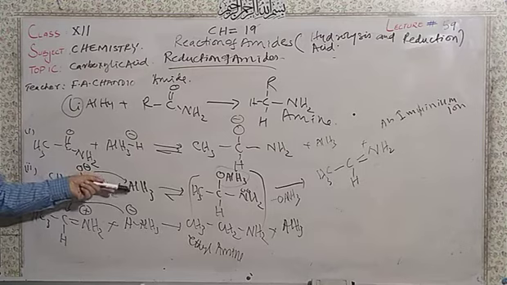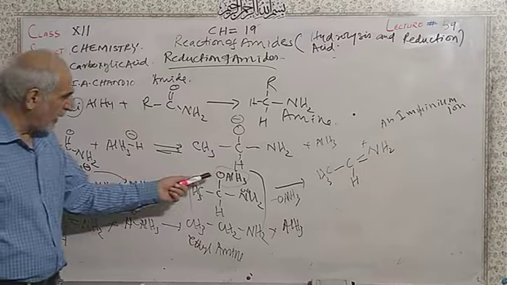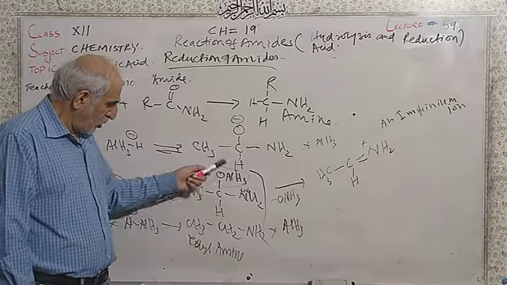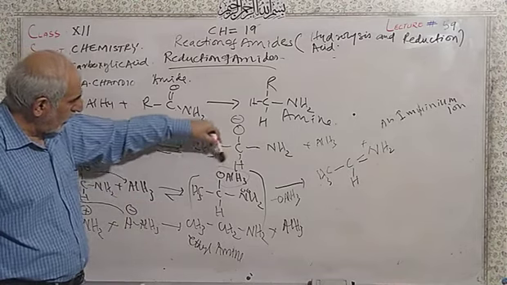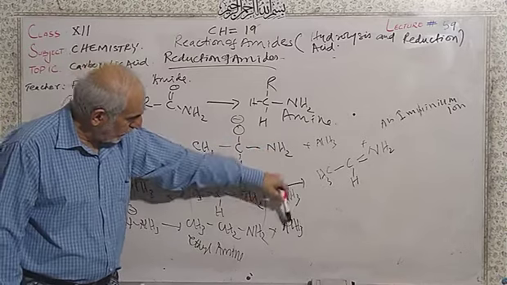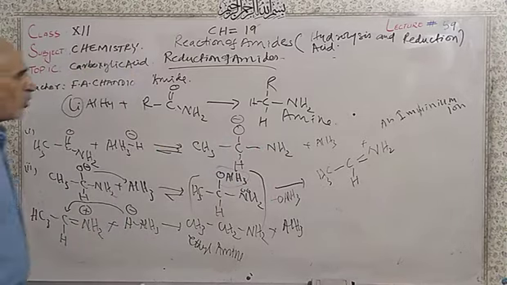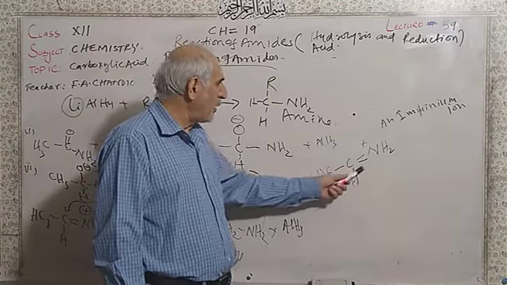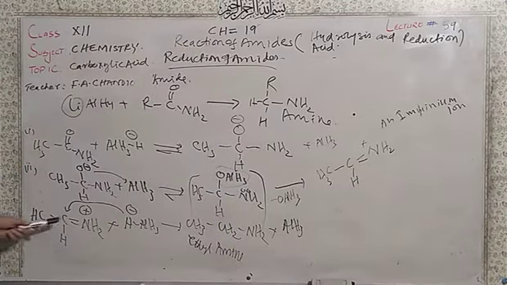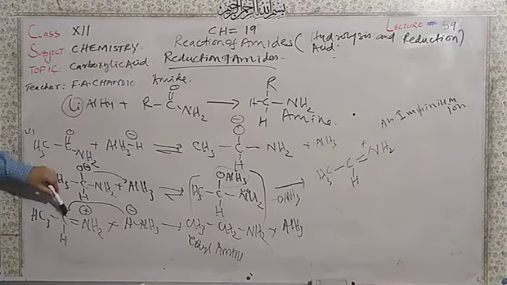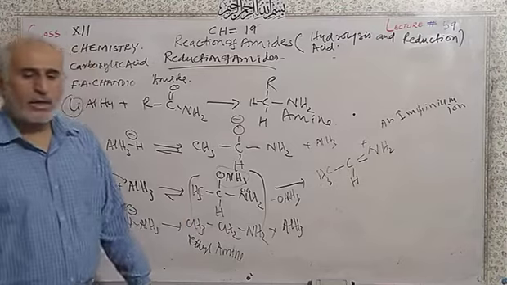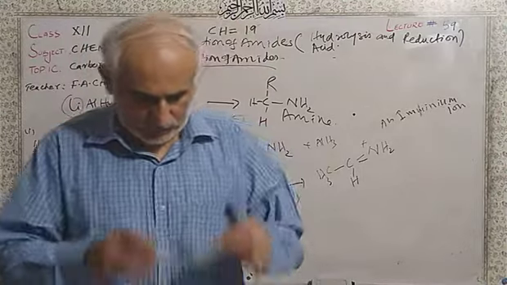So for the time being, this is electron deficient, and this has more electrons, a negative charge there. It is going to be combined here. You are seeing this one. So this is the intermediate complex, and this group is going to be removed, and you will get the ammonium ion. This ammonium ion is going to react again with the complex. So this hydride is going to be attached here to make a CH2. The valency of carbon is satisfied, and in the end you will get the primary amine.